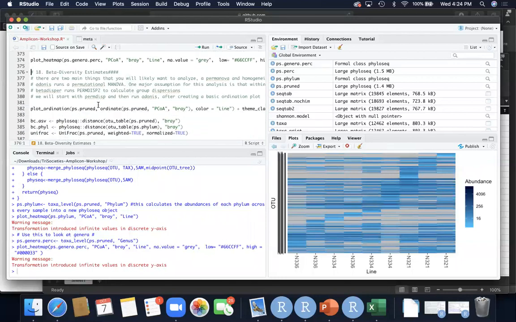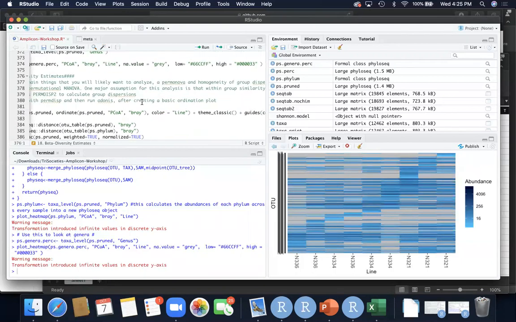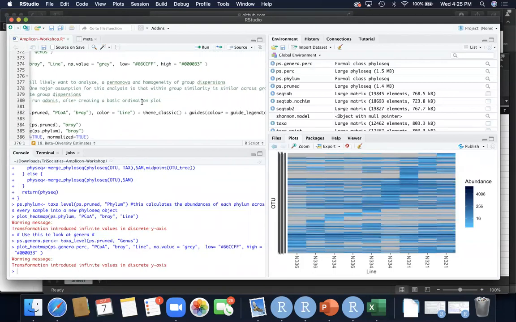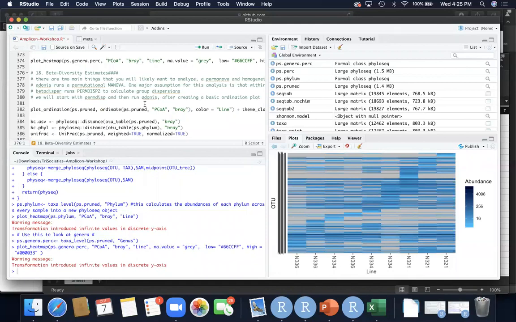Then we'll move on to beta diversity. The main way to look at beta diversity is through a PERMANOVA, a permutational ANOVA. But PERMANOVAs have an assumption that the group dispersions are homogeneous, so there's a similar dispersion around the mean for each of the groups that you're looking at, which is not always the case, especially